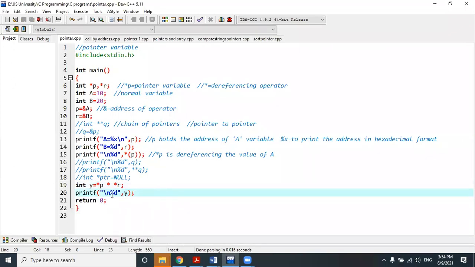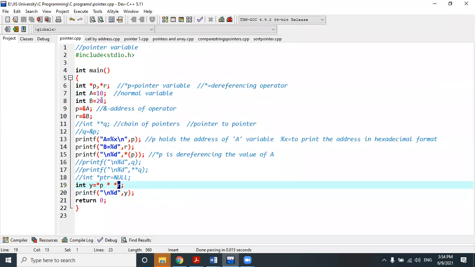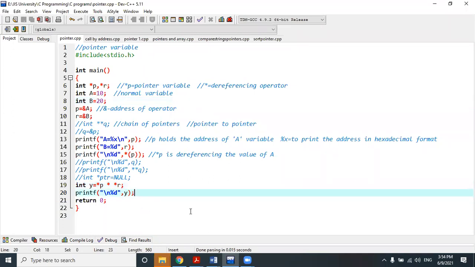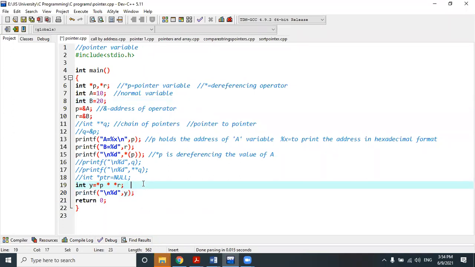200. P has stored the value of a, and R is storing the value of b, 20. So 20 into 10 is 200, so y will print 200. But remember, it is not a pointer multiplication. Make it very clear; these are the places of confusion in pointers in C programming. This is not a pointer multiplication because you are performing dereferencing: star P and star R are not pointers right now.